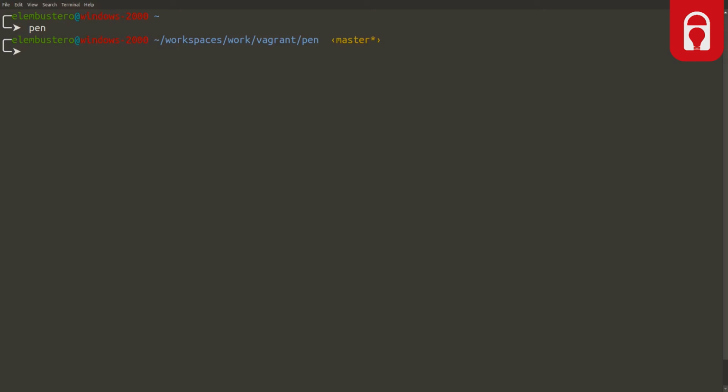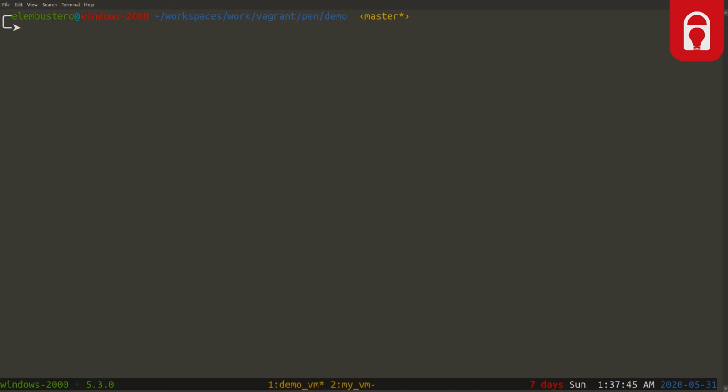So I've got an alias to automatically CD into my pen testing directory, and I'm going to attach to my Vagrant demo window, and we're going to just start out with doing a vagrant help